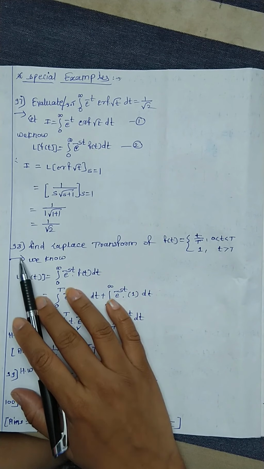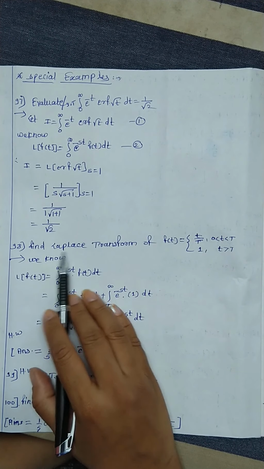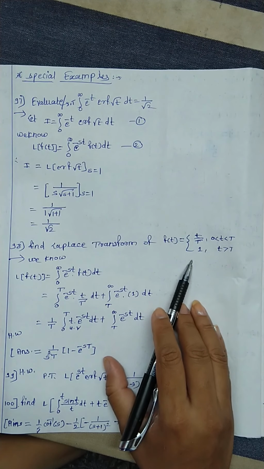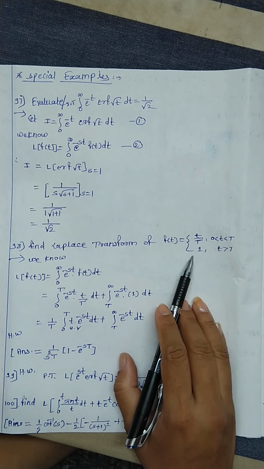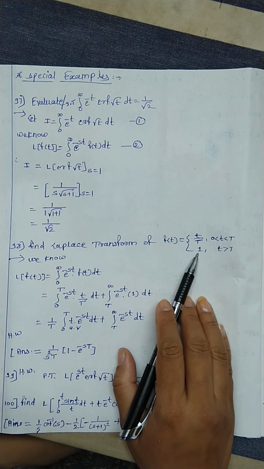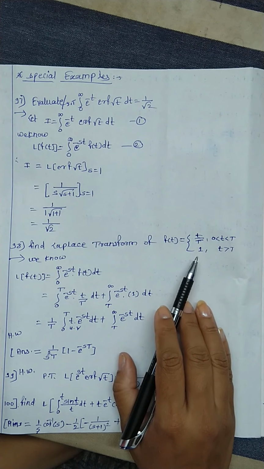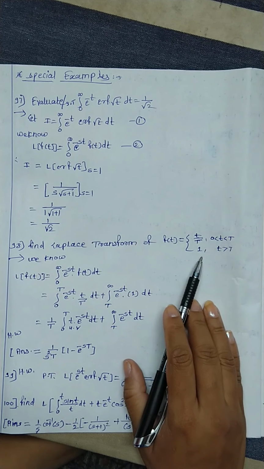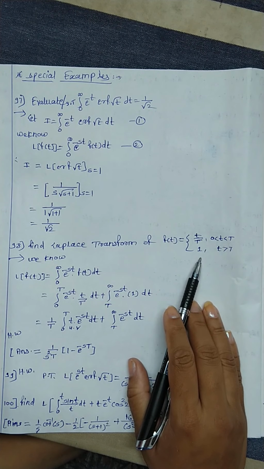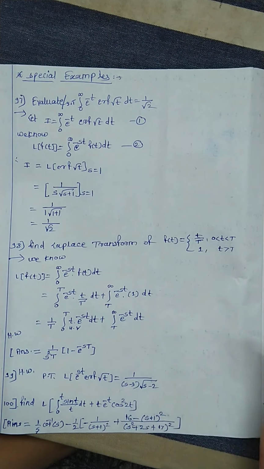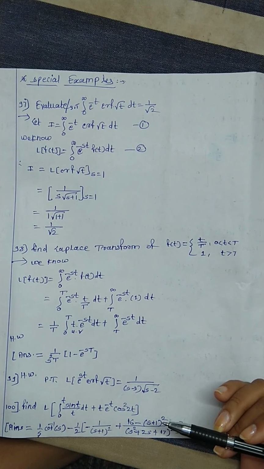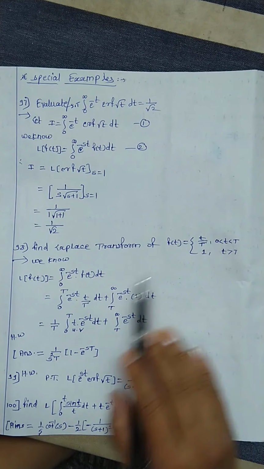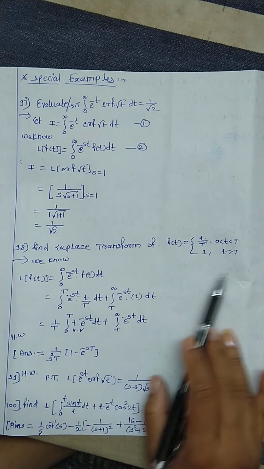Now the next example, the 98th example. We have to find the Laplace transform of this function. f of t is equal to, it is given in interval form. Whenever a function is given in interval form, there are two methods to find this Laplace. First we convert this into a unit step function, then find the Laplace, or simply we can use the standard definition of Laplace, which is given in integration form. This one is the easiest.